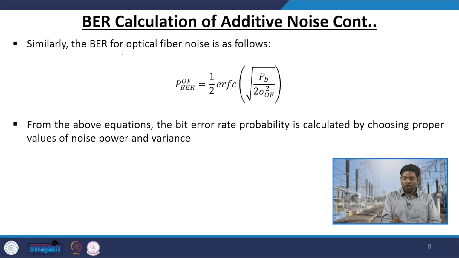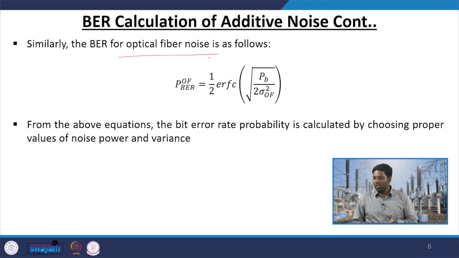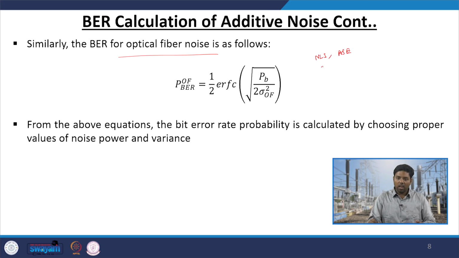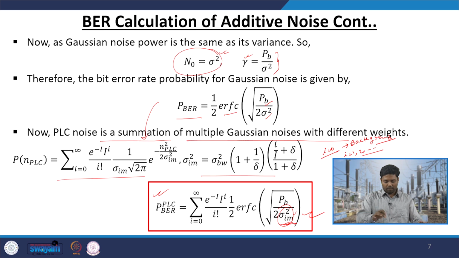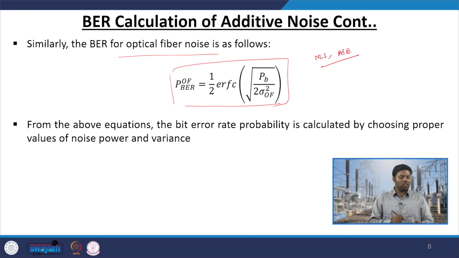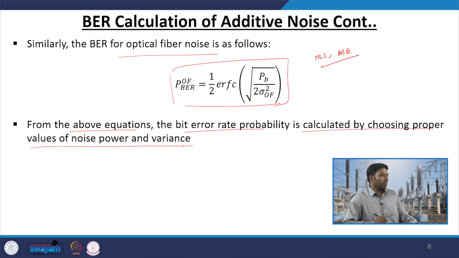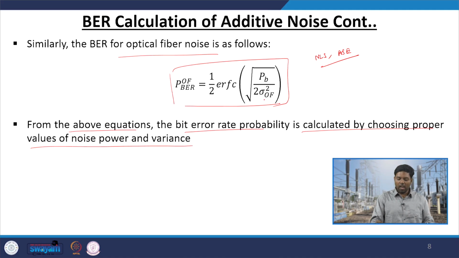Similarly, for optical fiber also, that is a Gaussian model we have done for the NLI and AAC, and if we model it, then it also takes the form like this. It is the same formula, only here you have the summation, because you need to add the effect of all the impulses, but here it is only 1. For the above equations, the bit error rate probability is calculated by choosing proper values of the noise power and the variance. If you change the noise power and the variance, then depending upon that